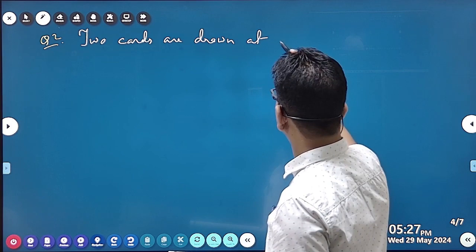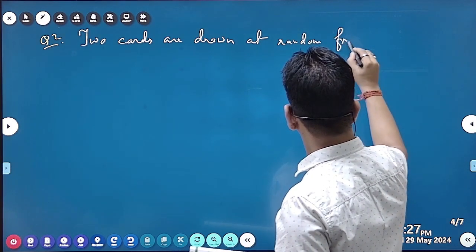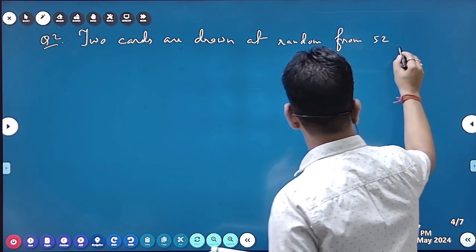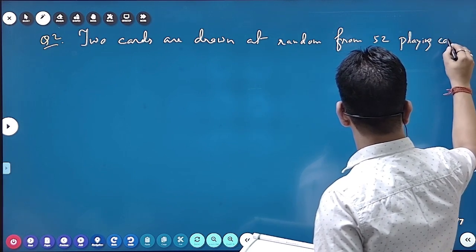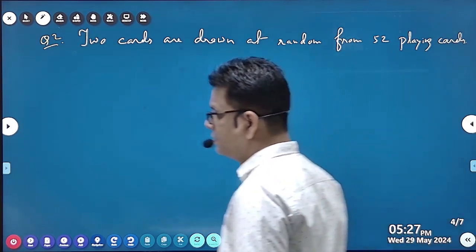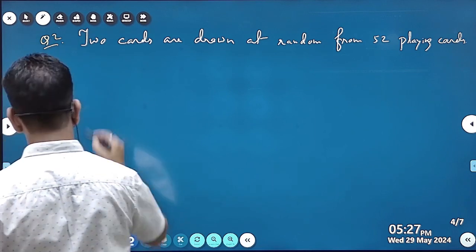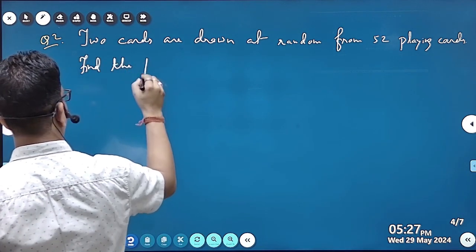Two cards are drawn at random from the same 52 playing cards. Find the probability that